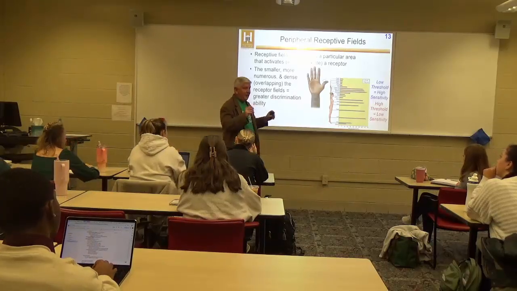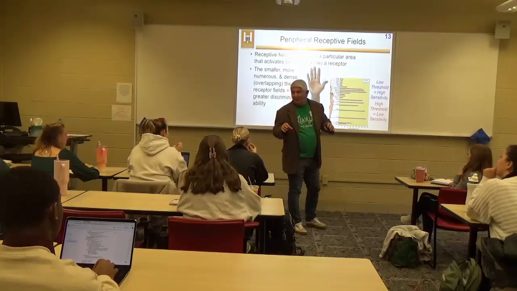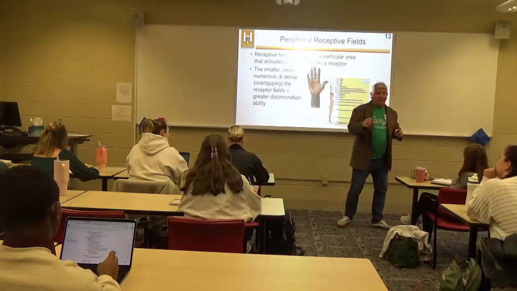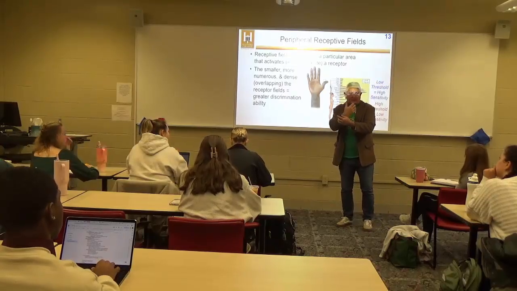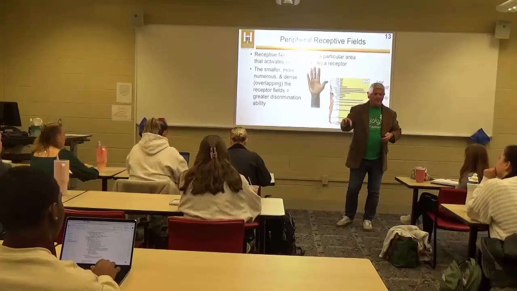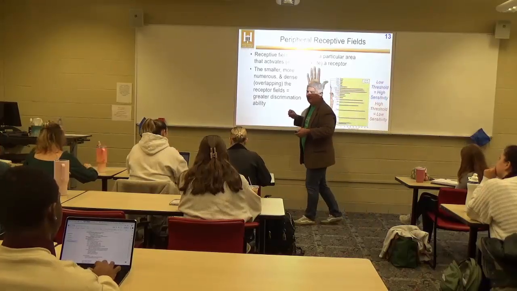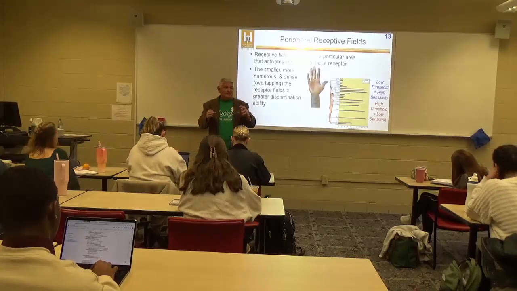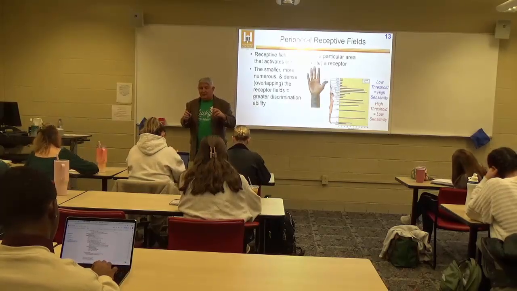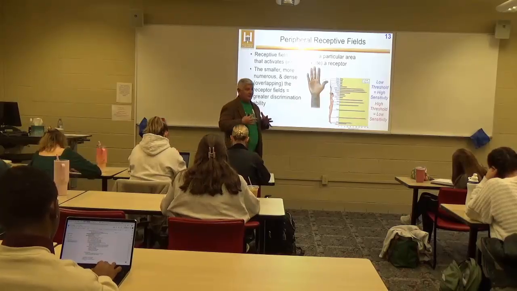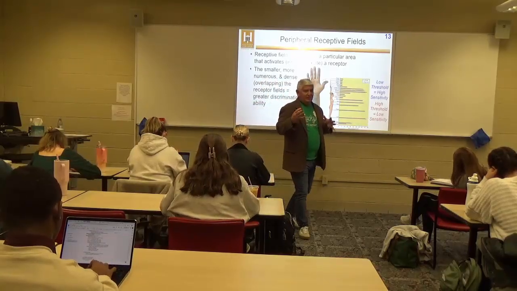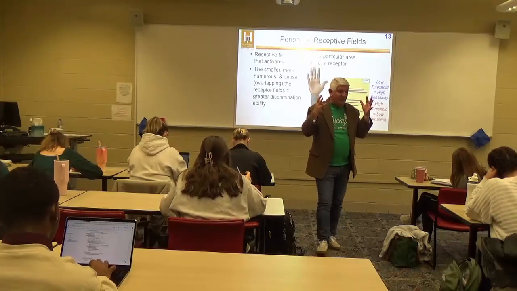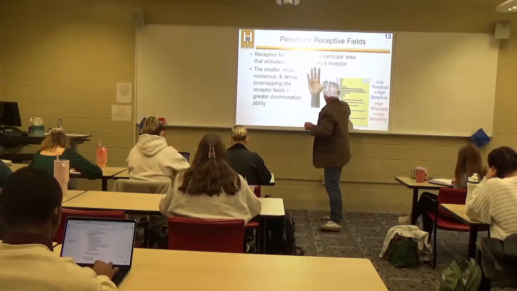What do we use our hands for? Exploring our environment, right? If you want to feel something, do you go rub the back of your arm up against it? No, you reach out and touch it with your hand, right? So having high sensitivity and low thresholds gives us more information. Right? It's kind of like the fovea of our eye, right? We have more receptors, so we have better acuity. More receptors, low